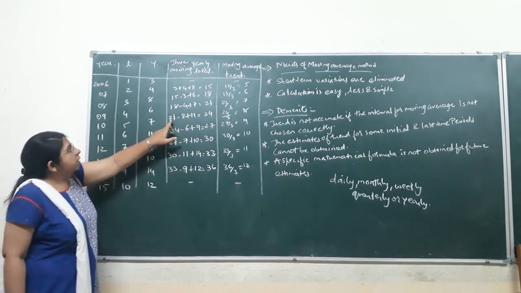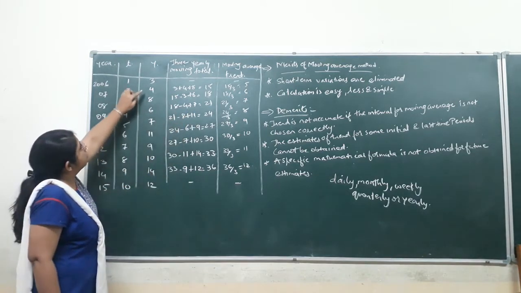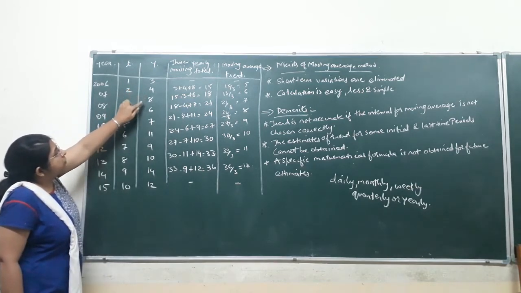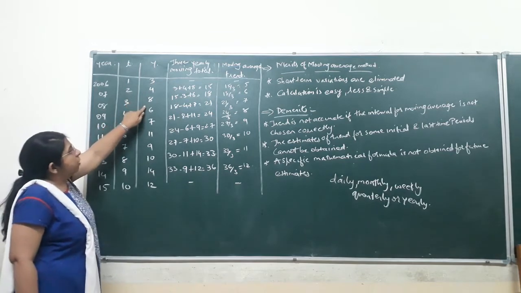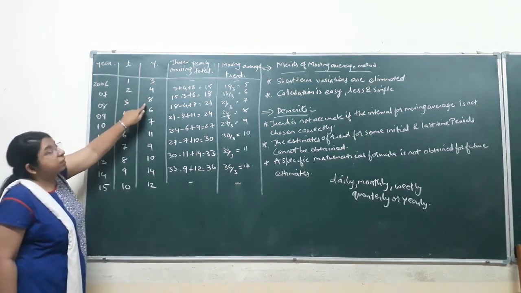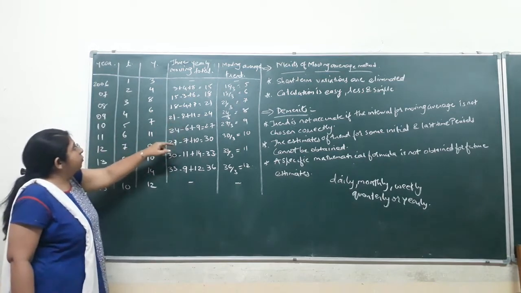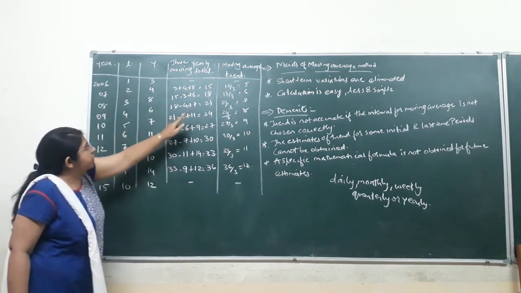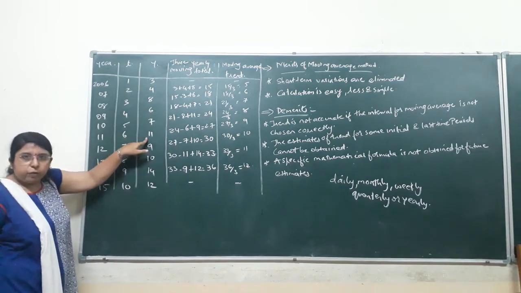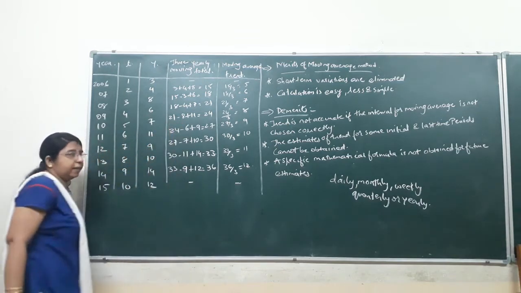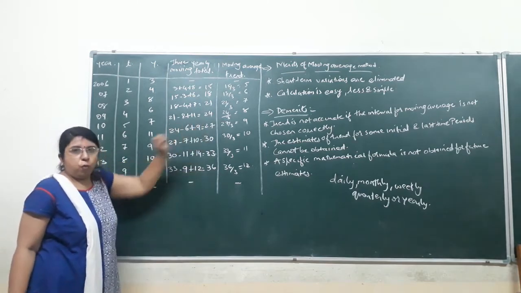So 21 minus, see, first you had subtracted 3, then you had subtracted 4, then you had subtracted 8. So now you have to subtract that value, 8. So 21 minus 8, and what will you add? In the last you had added 7, so now you will add 11. So 21 minus 8 plus 11 comes to 24.